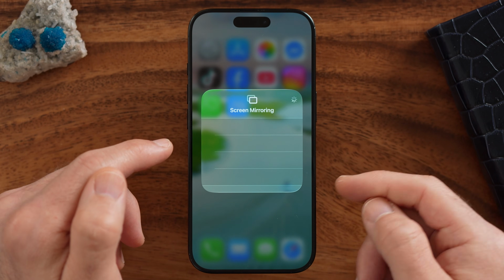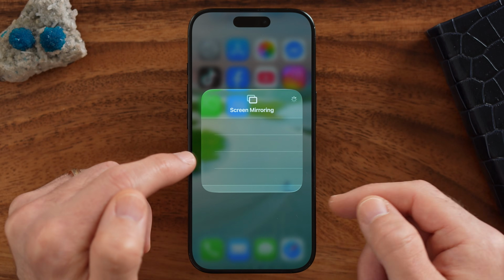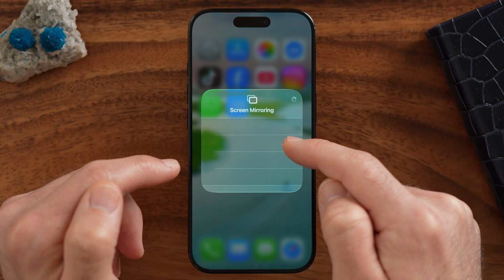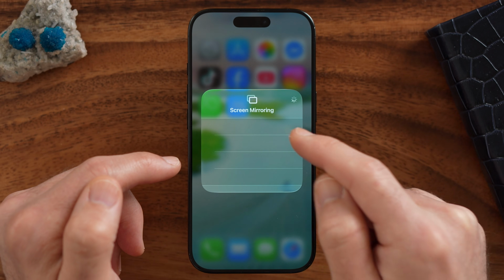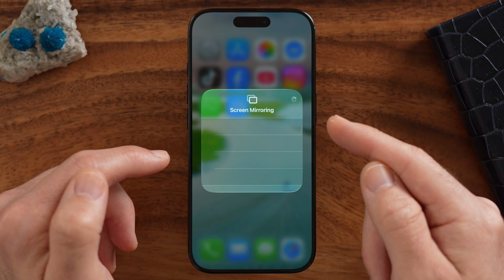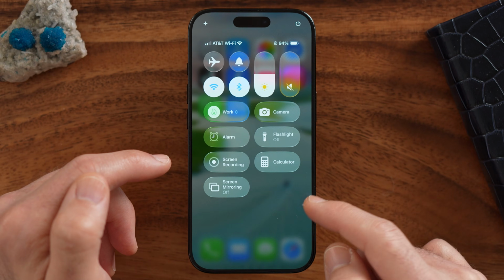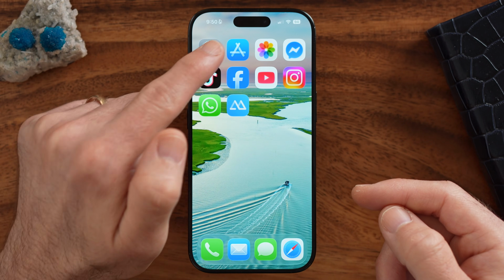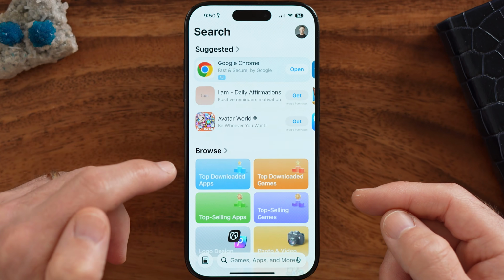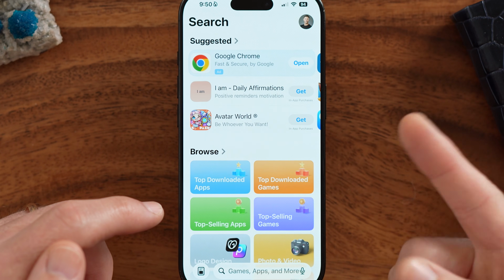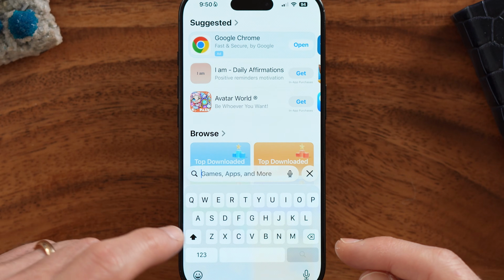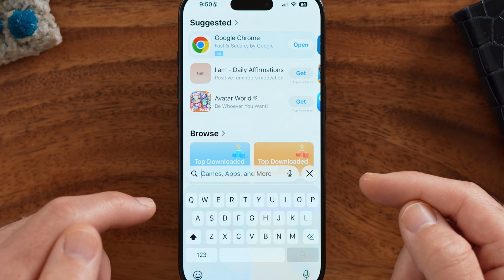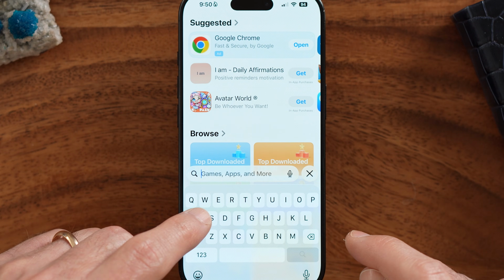However, some devices don't work like this. For the iPhone to the iPad, it just doesn't work to automatically do screen mirroring through the built-in screen mirroring option. However, you do have another option because I can hop out of here, and instead of that, you can just open up the App Store and download an app. The nice thing is this third-party app will allow us to screen mirror no matter what device it is. So if that's not working for you, we're going to type in